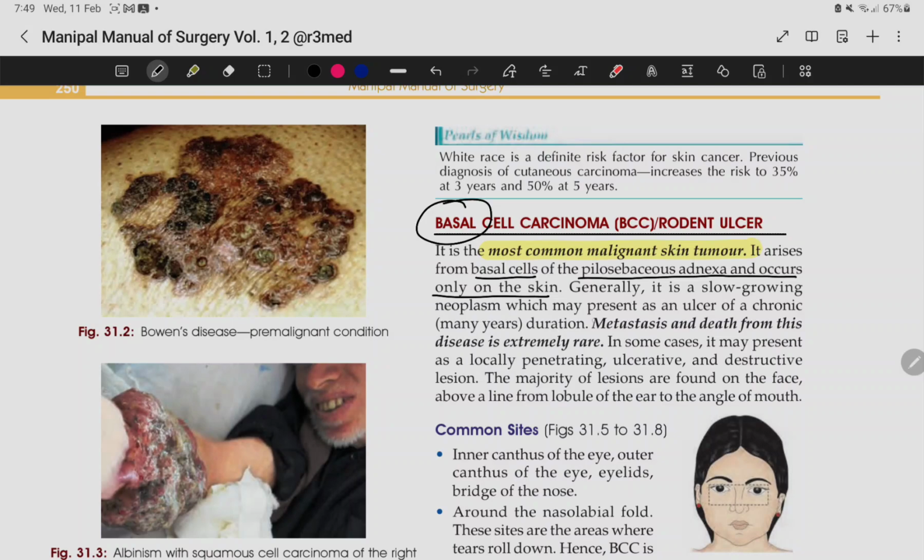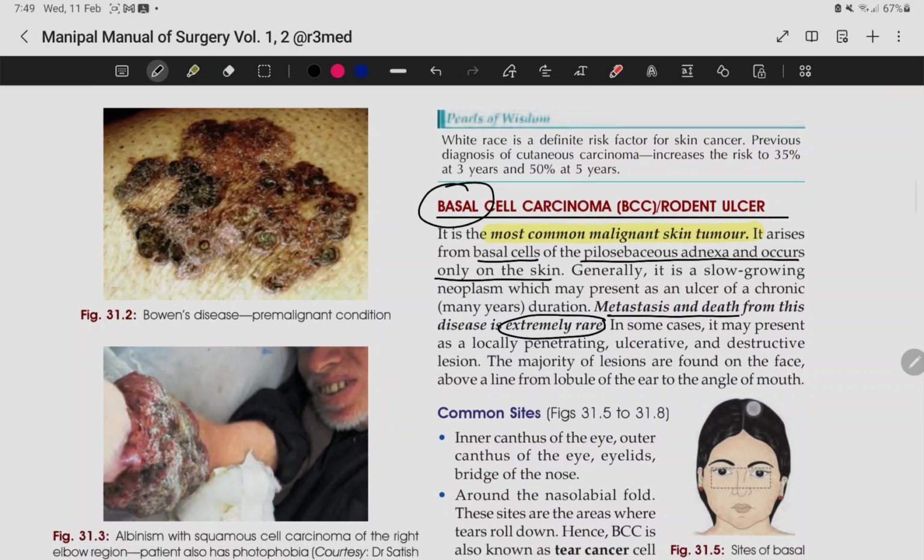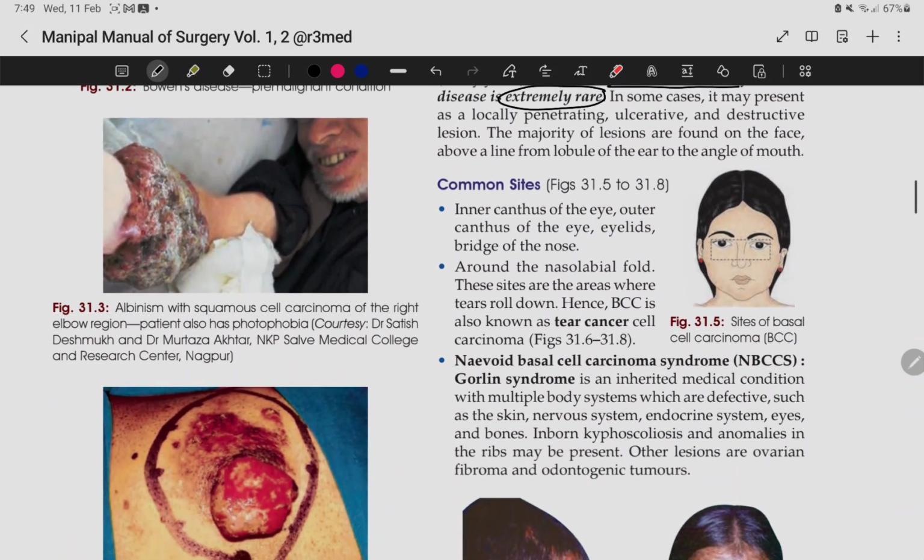Generally, it is a slow-growing neoplasm which may present as an ulcer of chronic duration. The important thing to remember is that metastasis and death from this disease are rare. Coming to the common site,